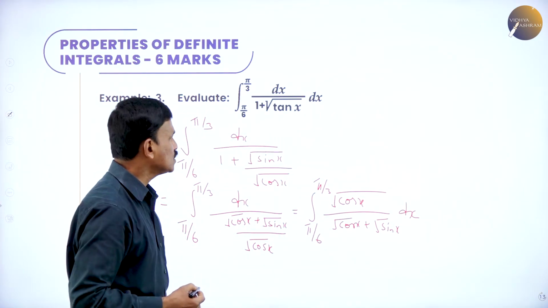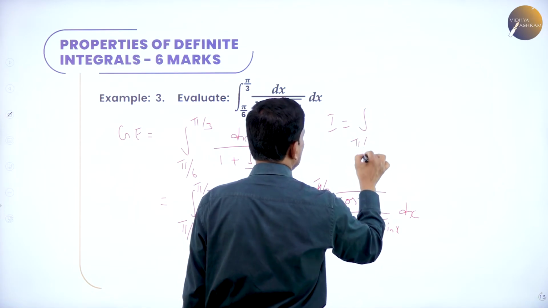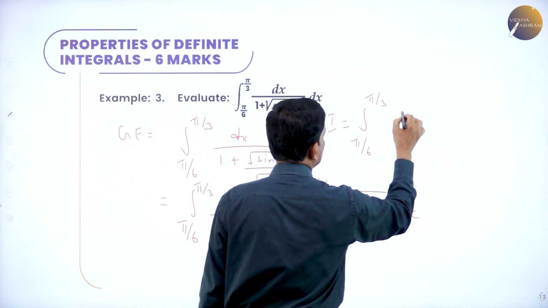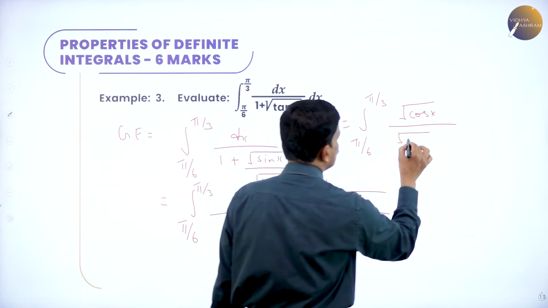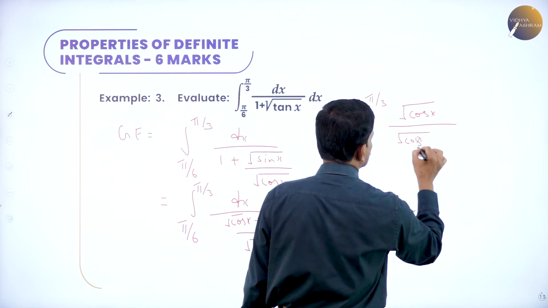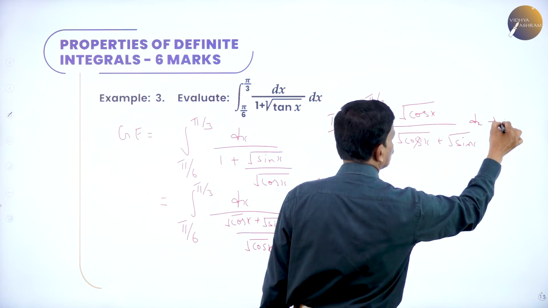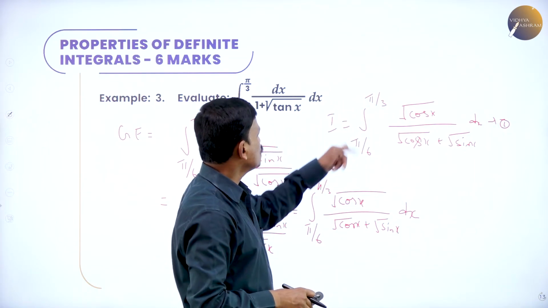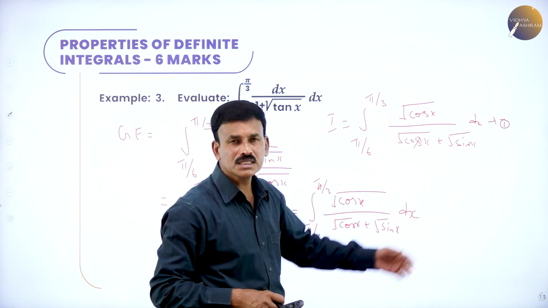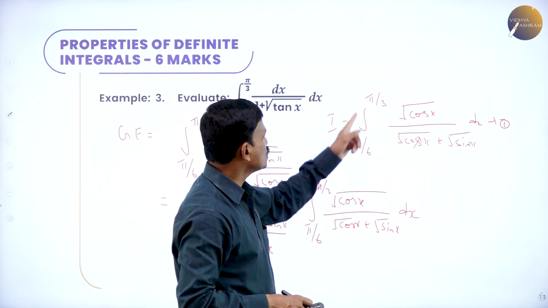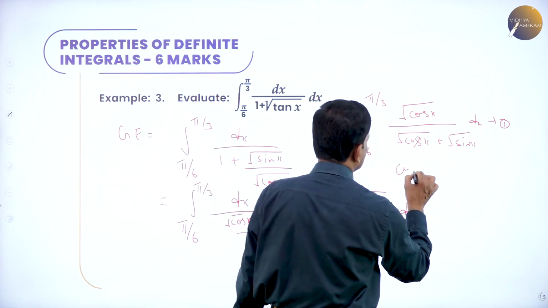Now let us represent this as I, equation number 1. Therefore I is equal to pi by 6 to pi by 3 root of cos x divided by root of cos x plus root of sin x dx, equation number 1. Suppose if it is 0 to pi by 2 root of cos x by root of cos x plus root of sin x, the answer is pi by 4. Since it is pi by 6 to pi by 3, we will get a different answer. Now let us change x to